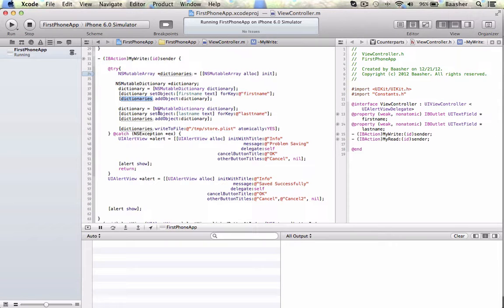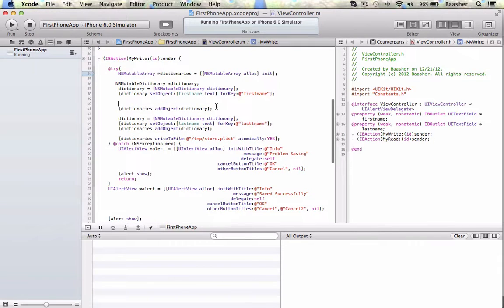So that's where we're going to make the change. I'm going to use this example to show how to refactor your code at the same time, in addition to showing how to store multiple name value pairs in a dictionary. So I'm not going to do this. What I want to really do is